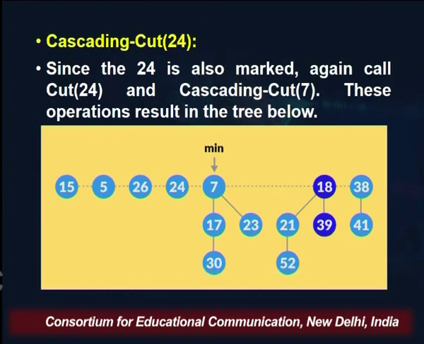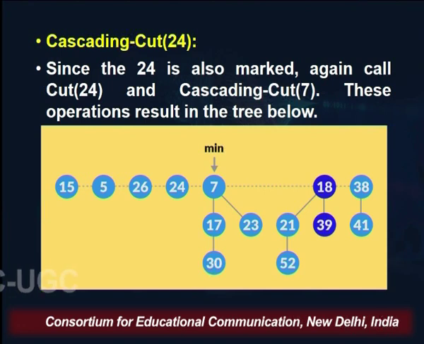So, if you can see 24, that is also a result of cascade cut. 24 was also marked. So, again if we call cut and cascade cut, then these operations are going to result in this tree below. So, earlier 35 was changed to 5, cut it from the root list, 26 was marked, then cut it from the root list, 24 was also marked, then cut it from the root list,